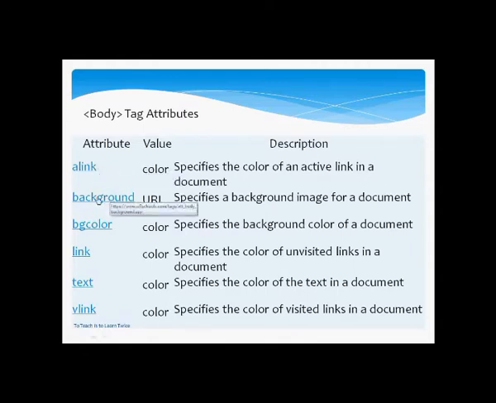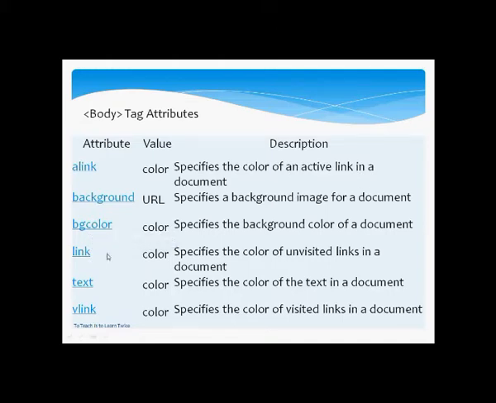Then comes background, right? The background is for the image. Suppose children, in the body of the page, this is my page, and I want an image to appear in the background. So I'll be using the attribute called background. Then children, if I want to change the background color, for that I have BG color. And one more thing children, here the color spelling will be COLOR, not UR. Always remember, right?